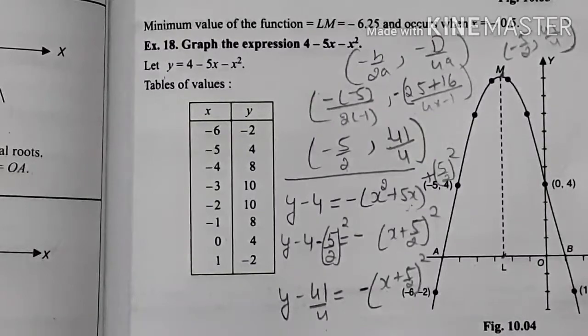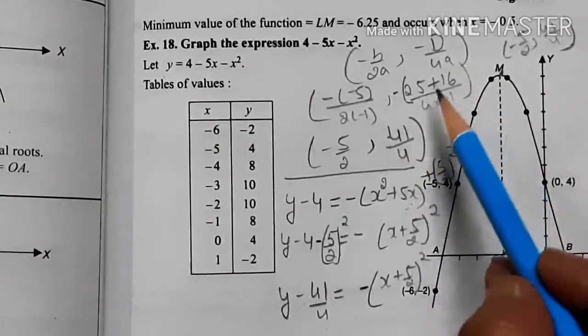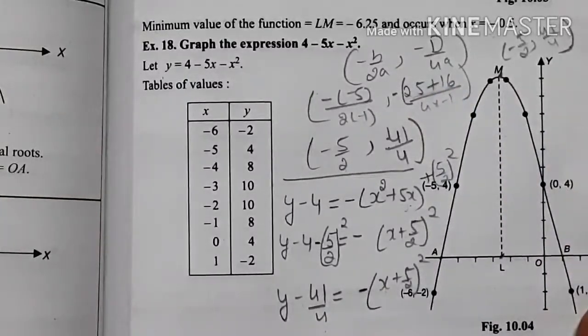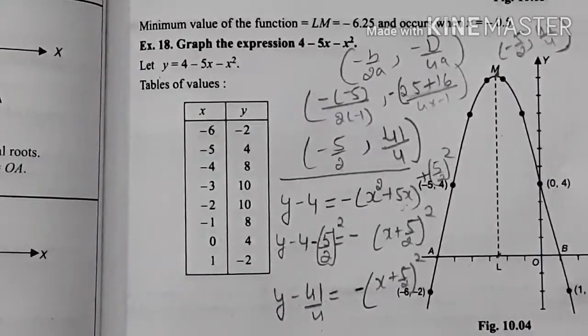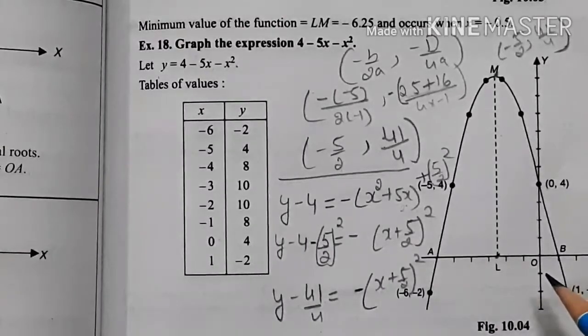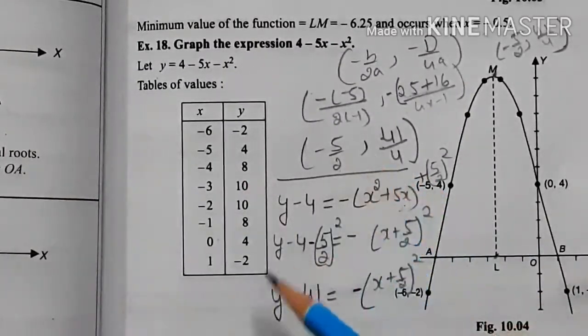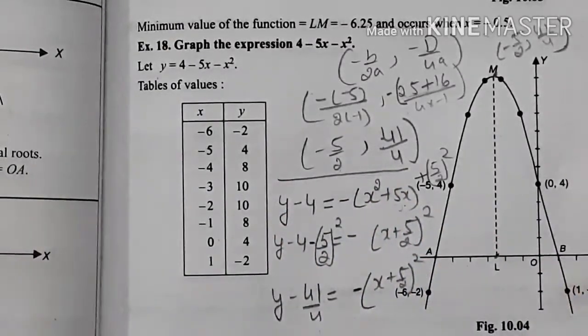Now next step: if it is a downward parabola and the discriminant is positive, check the discriminant part here, this is positive. If the discriminant is positive, that means there will be two roots, alpha and beta. So how will you find the roots? We want to find where it touches the x-axis to make it my alpha beta roots. So we go with y is equal to 0.